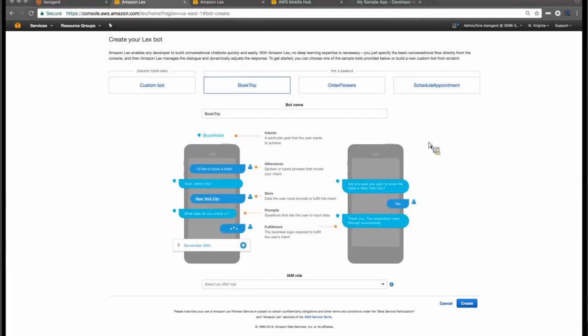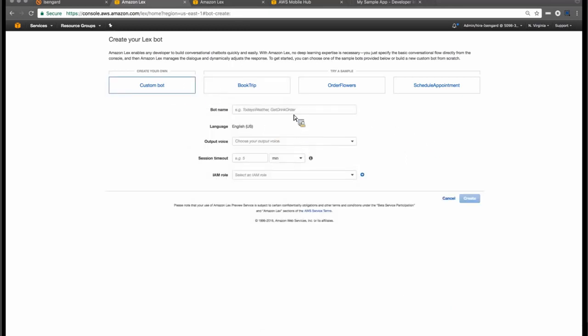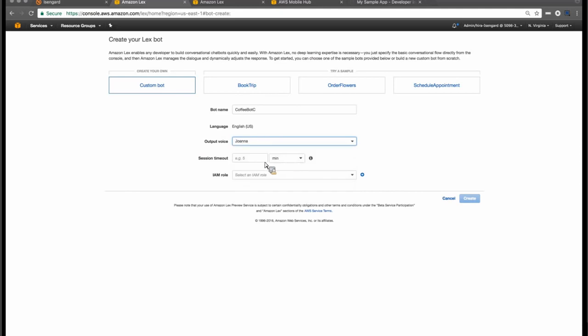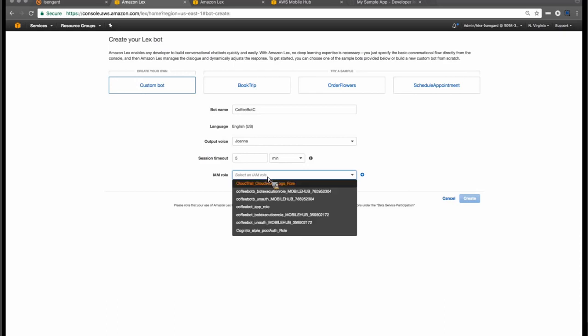So as I was saying, when we first get to Amazon Lex at the console, you can choose one of the sample bots that you can build, and this is a great way to start working with Amazon Lex because it also shows you blueprints of how you can write code to integrate with your bots. But in our case, we'd like to build a custom bot. So let's say we were building this bot that allows us to order coffee. And as you can see, I'm choosing a voice, and there are several voices that you can use, and it is fun to play with these voices.